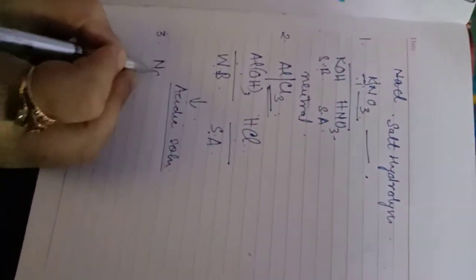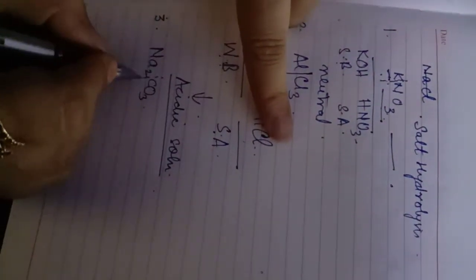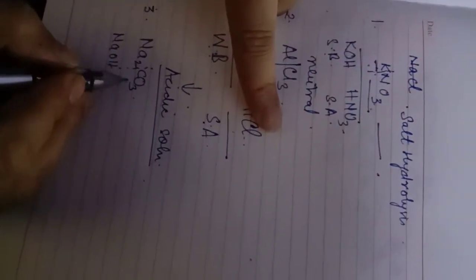Now the third example is sodium carbonate, Na2CO3. Why is it important? Because it has come in many activities, so you should know the nature of this salt also, right? When you dissolve Na2CO3 in water, what will happen? The same thing, you have to split it like this, and what will you write? NaOH. In the metallic part, what do you have to add? You have to add hydroxide. And in the non-metallic part, you have to add H, so you can satisfy valency. When this is carbonate, it means we are talking about carbonic acid, H2CO3, right?